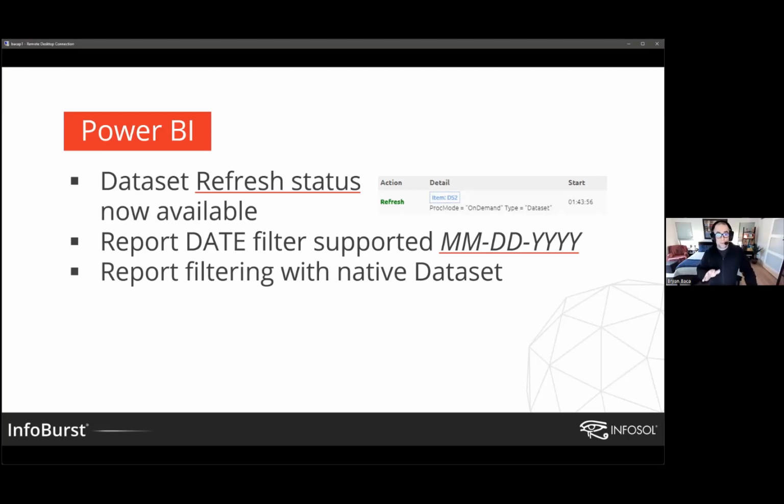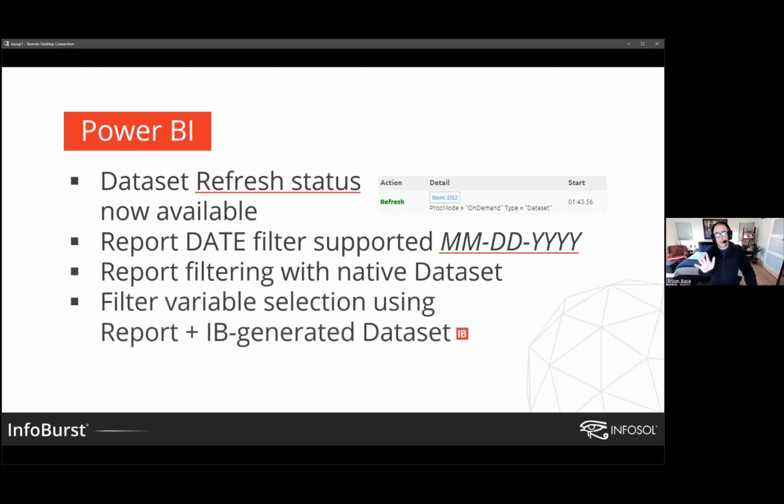Also, regarding Power BI report filtering, there are some nuances that we want to communicate to you. If you're going to be working with Power BI reports, these might help you make some decisions about how best to filter. So a Power BI report is based on a data set, and that data set might be a data set that was created natively in Power BI, meaning maybe you connected to a database or uploaded an Excel file, but it wasn't created by InfoBurst, right? Then there is a Power BI report that is using a data set that was created by InfoBurst, because remember in the first bullet point, InfoBurst can,